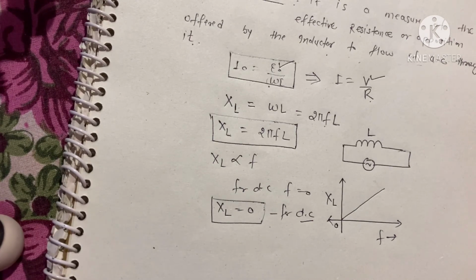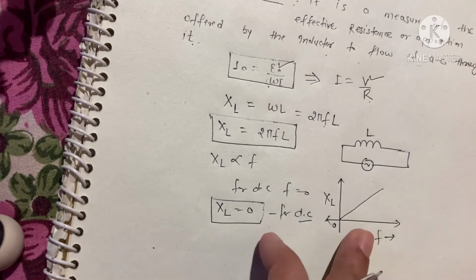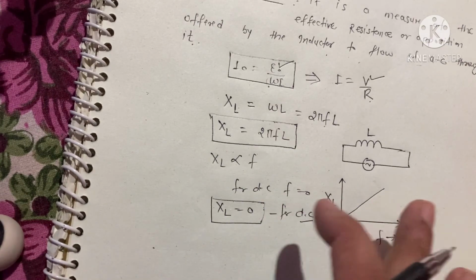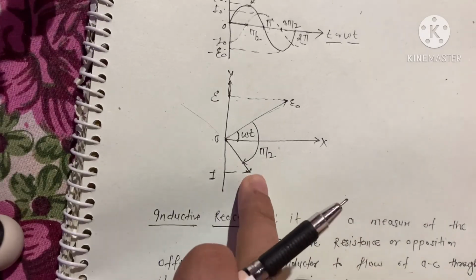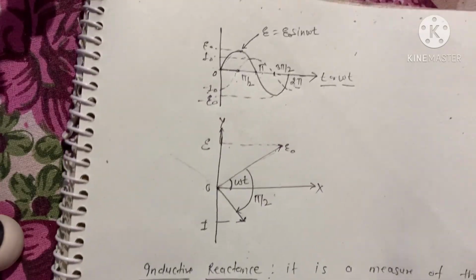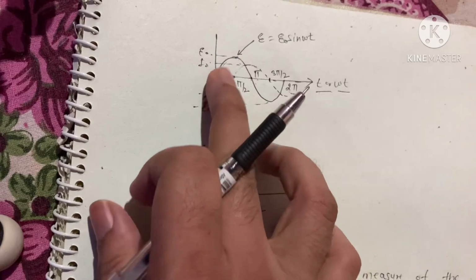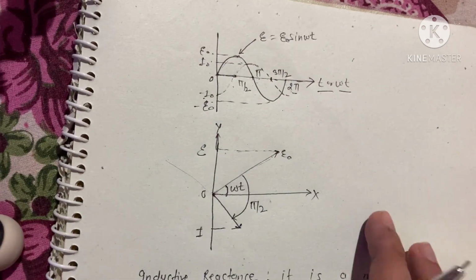So this was all about the inductor. In the next video we will connect a capacitor to AC, then see its phasor diagram and phasor relation, and then we will go for the Q factor, the quality factor, and bandwidth also. This is an important part of AC: when AC is connected to an inductor, you have to take care of this phasor diagram, the current lag, and this waveform, or you can say graph. Thank you for watching this video.